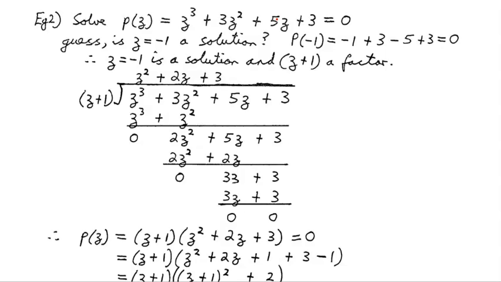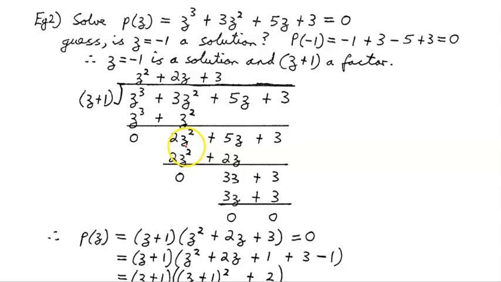Okay, so z into z cubed is z squared, then z squared times all that gives us z cubed plus z squared. We're going to subtract that from the original here, so z cubed minus z cubed is 0. 3z squared minus z squared is 2z squared. 5z minus 0 is 5z, 3 minus 0 is 3. Okay, now z